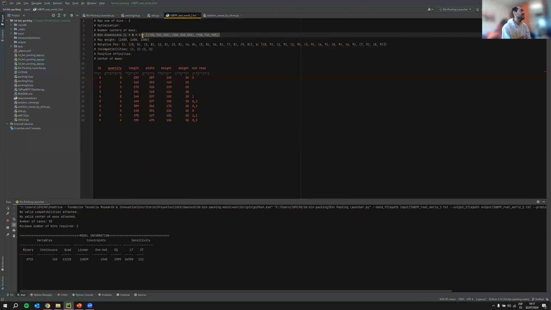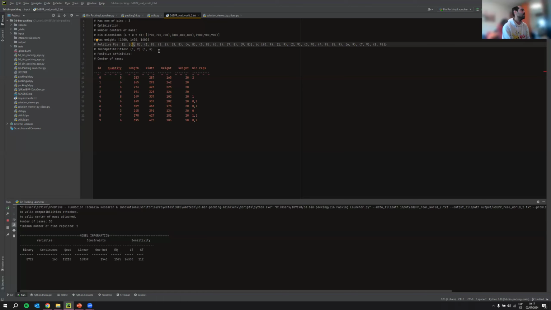These are the different dimensions of the bin. The weight is the same. The maximum allowed weight for each bin is this one. And this relative positioning is the one used to express fragility and also the delivery priority. For example, the packages with the ID 8 should be beneath the packages with the ID 0.